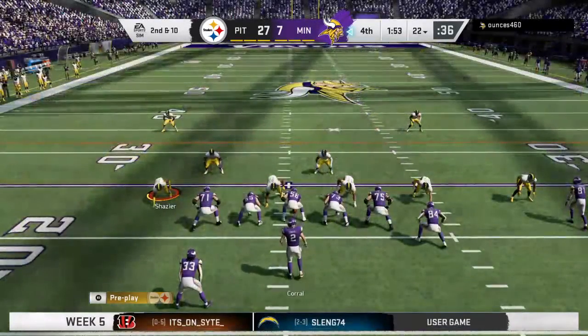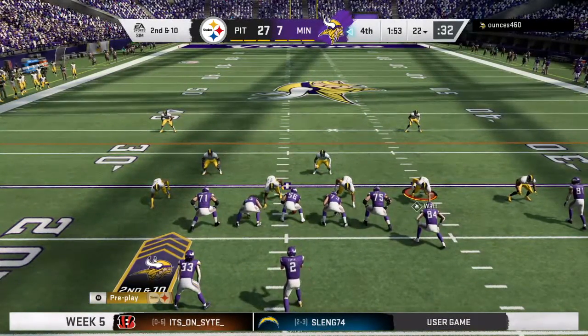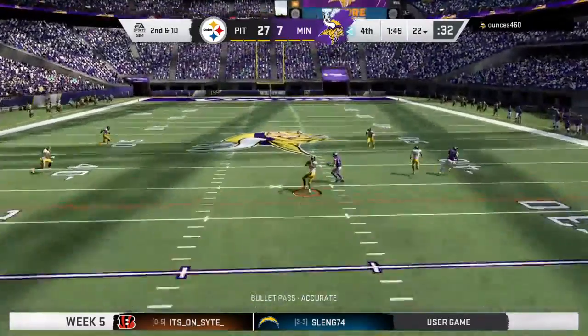I remember one time I was on a team and we were losing late in the game like this, and you knew it was lost. It was over, right? And the coach called a running play and pretty much said to...